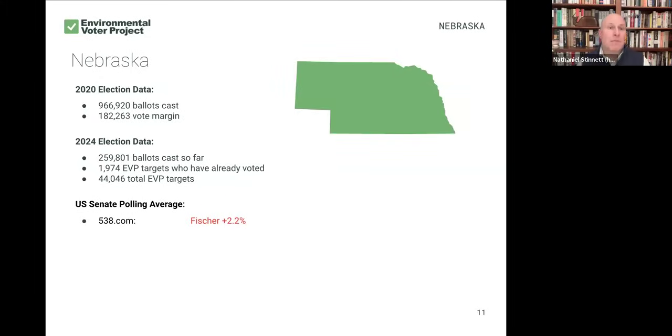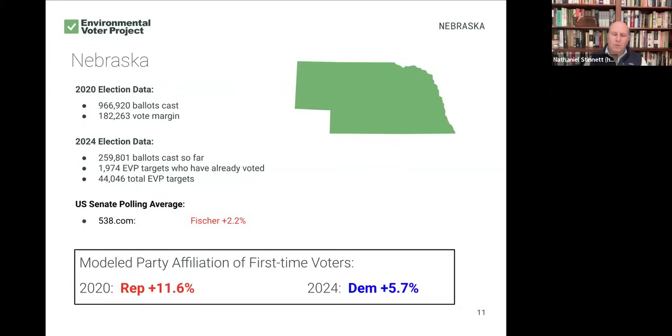All right, Nebraska. Remember, I bring up Nebraska because of the Fisher-Osborne race. Fisher is the incumbent Republican. Osborne is an independent running for one of the 2 U.S. Senate races, because there's a special that's up this year. It's a very close race. Fisher is pretty consistently trending ahead now that there's a decent number of independent polls, but it's still pretty darn close. And the data point that really pops out to me is that, oh my gosh, are people who are likely to vote Democratic in Nebraska just killing it